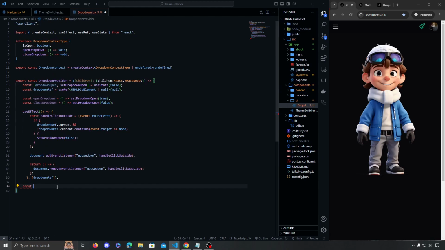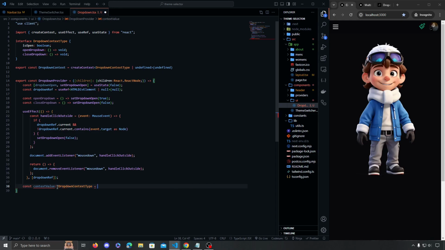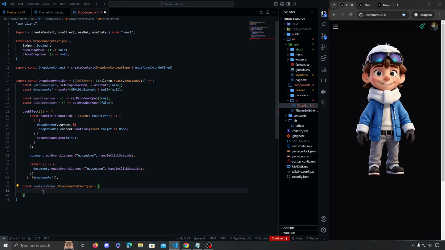And then create a context value here, and it's going to be of type dropdown context type, which is going to open an object here, and we're going to say